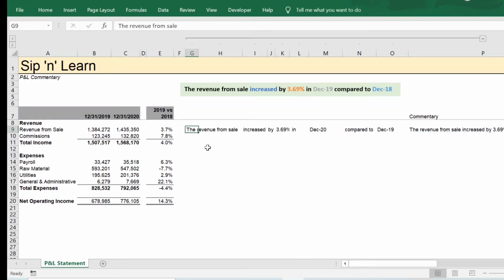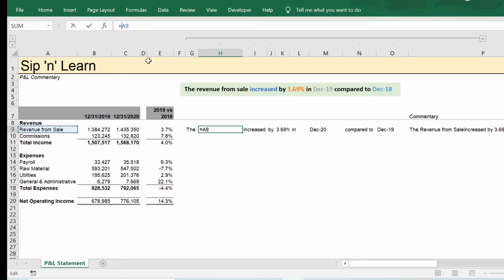To extend this further on other P&L items, we need to add one more variable to this. The line item name, which is in this case the revenue from sale, can now be pulled as a variable from this statement. So let's see how we can do that. I'll remove revenue from sale over here and use the next column to actually pull revenue from sale from the statement, but it doesn't look formatted.